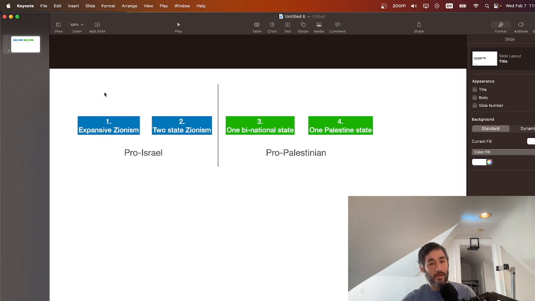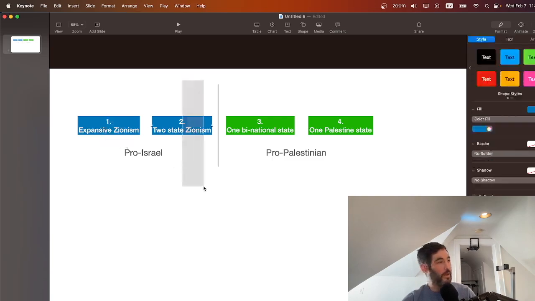Now, this two-state Zionism, this liberal Zionism, is characterized by, for example, I would say the elites, right? Meaning people who are not Trumpian. People who have more of an understanding of real history. People who are less ideologically motivated. And so an example of that is the former heads of the Shin Bet.